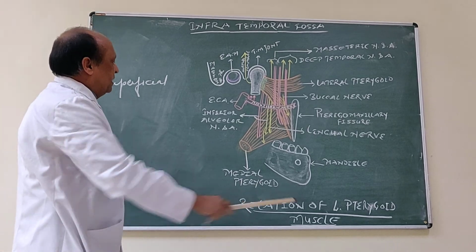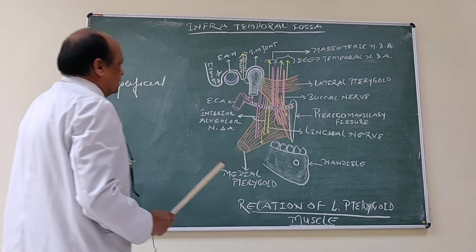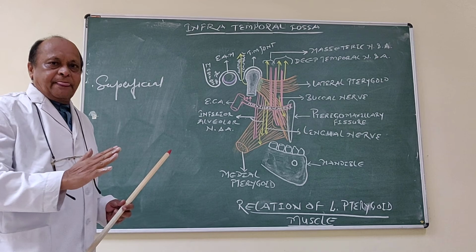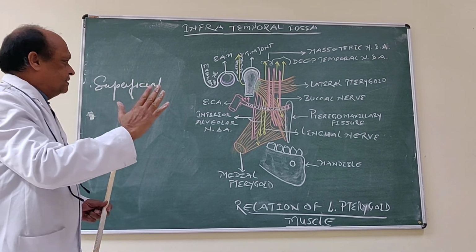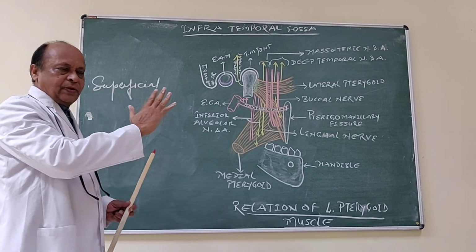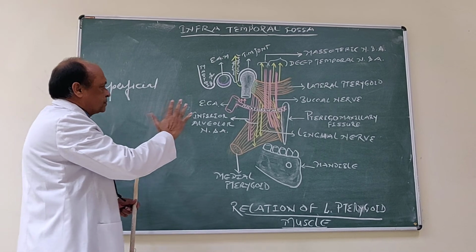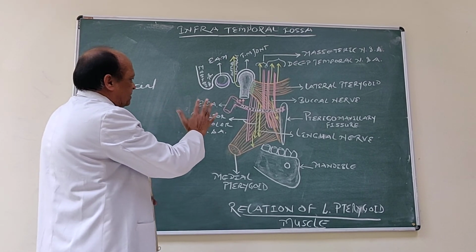Superficially, this muscle is related, from outside inwards, to the masseter muscle, then the ramus, and the